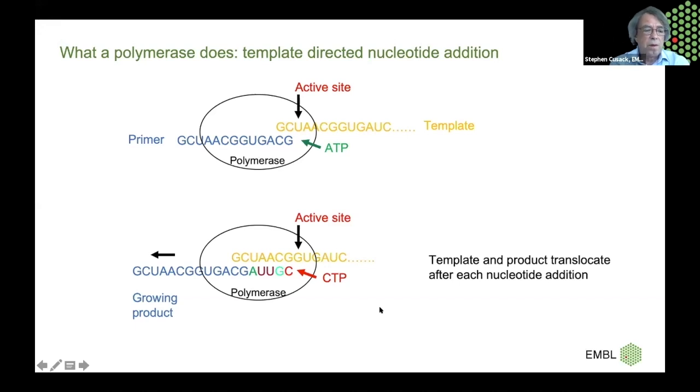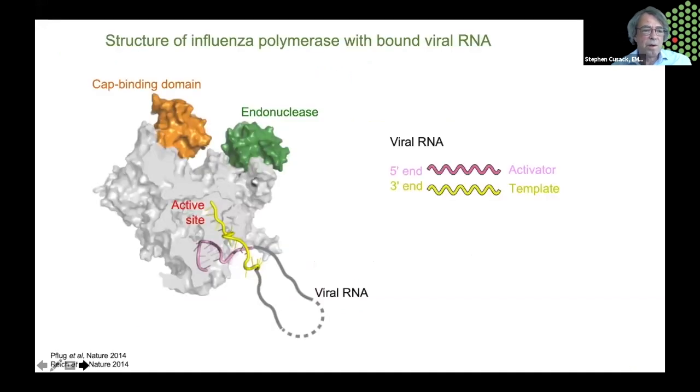So the question is, influenza virus has a very special mechanism for deriving this primer, the part that's in blue. First of all, this was the structure of the polymerase that we determined about 6 years ago now. And here you see this yellow template end of the RNA going into the active site. One of the curiosities about flu is that it actually binds the complete other end of the genomic RNA as well, what's in pink there, and that activates the polymerase.